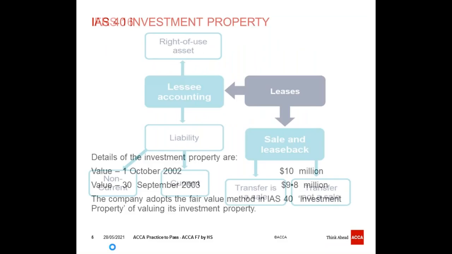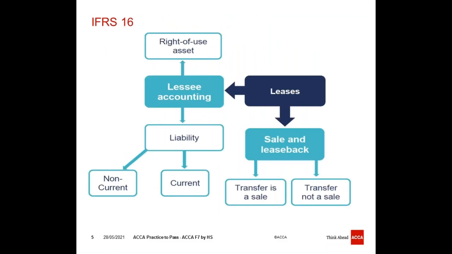Now, IFRS 16. IFRS 16 says that you need to follow one model, that is the right-of-use model. Previously in IAS 17, we had accounting for two types of leases. The first one is the operating lease. The second one is the finance lease. But now we have only one type of lease, the right-of-use model, in which we need to record the asset and the liability at the same time, and this liability will then be amortized